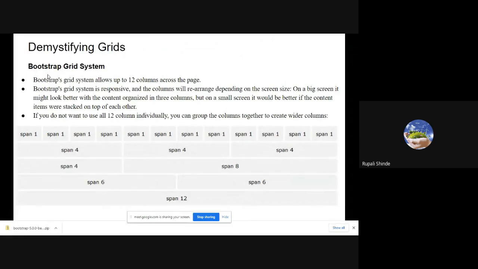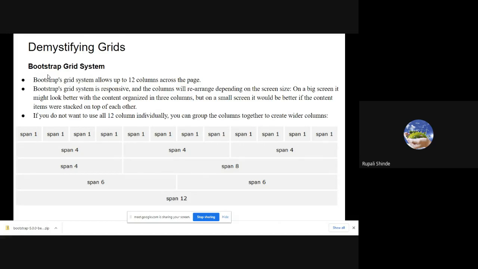Actually, the meaning of that particular term is that you have to arrange, you have to control the grids of your screen. Grids means your total screen is divided into different grids, and according to the size, you can control the grid. These grids are nothing but your workplace where you have to perform your work. So the basic and important information we have regarding the grid, and accordingly we are going to develop the gridding system in the web application.